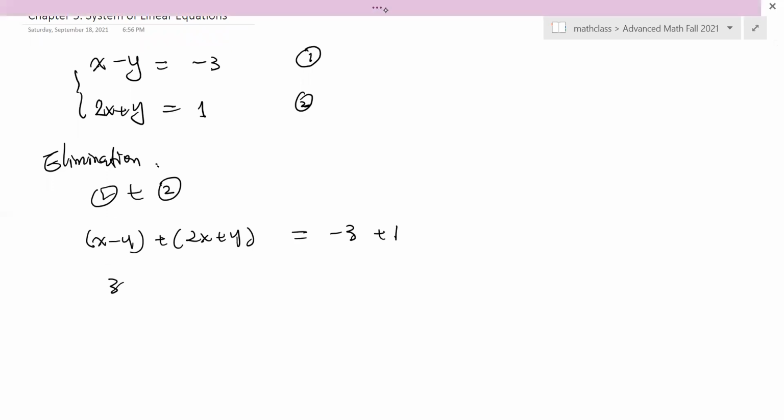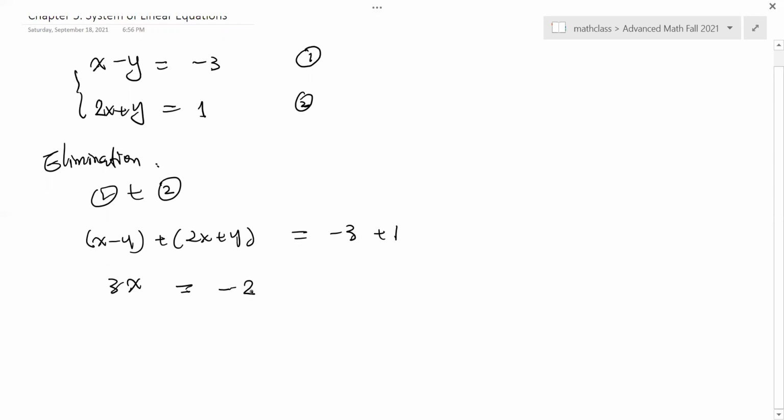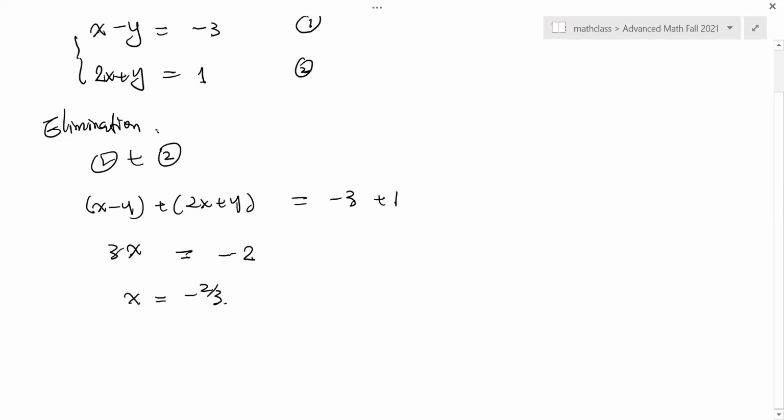So you get 3x on the left-hand side. We eliminate the variable y. The right-hand side is negative 2. From here, you solve for x, it's negative 2 over 3. So it's a fraction, not an integer. Then you can use any of the equations to get y. For example, by the first equation, what is y? I think y is going to be